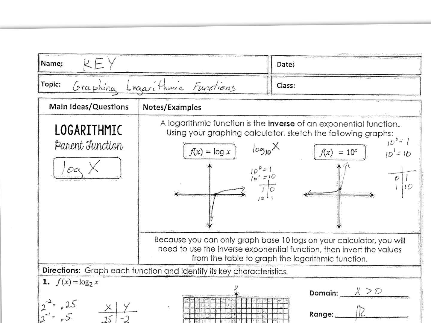This video is going to be about graphing logarithmic functions. But before we do that, let's quickly just review logs. So for instance, if we are to find log base 2 of 8, and we were asked to evaluate this,